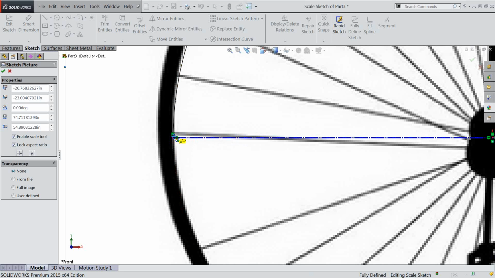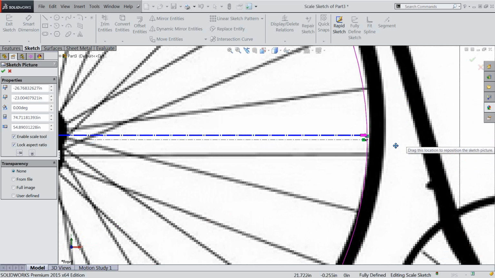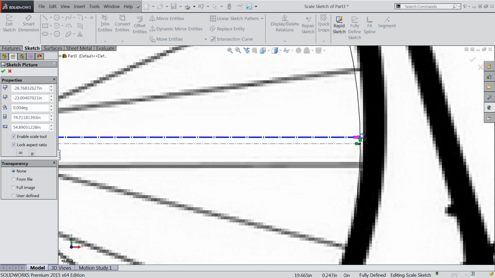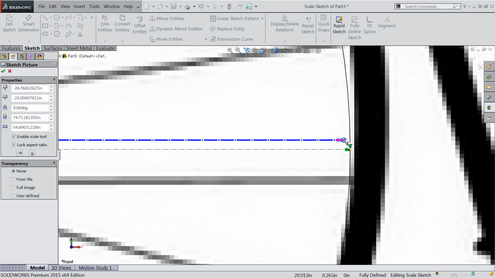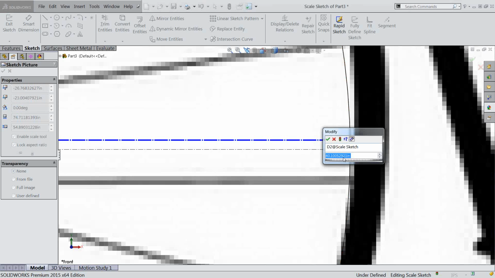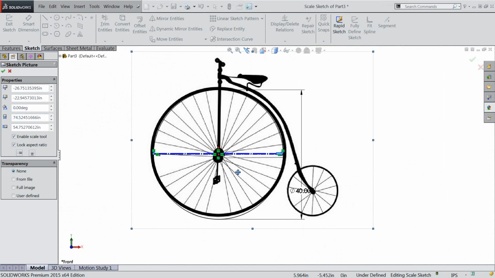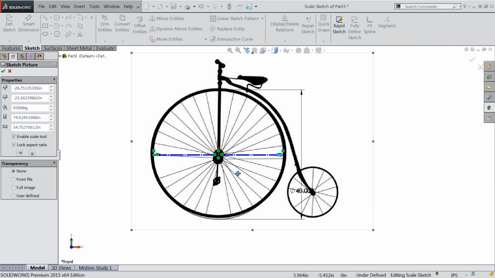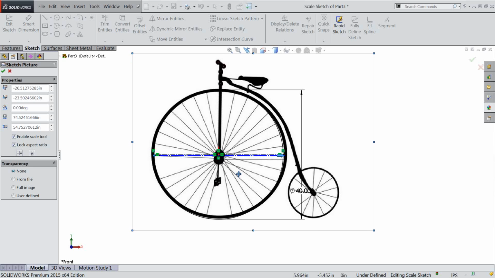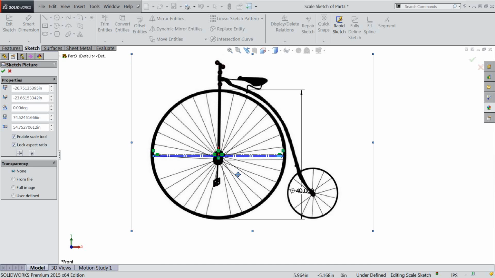Set that up more at the center. So that when I set this to the edge of the bicycle wheel, I can scale it just a tiny bit more and then just bring it down, get it lined up. So that looks really good. I'm going to line it up just a little bit lower there. That looks really good. So now that's my scale sketch